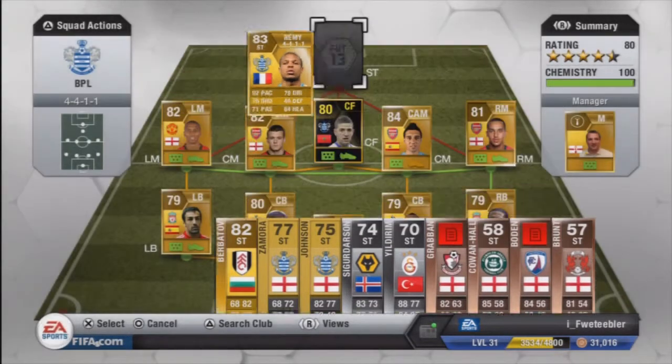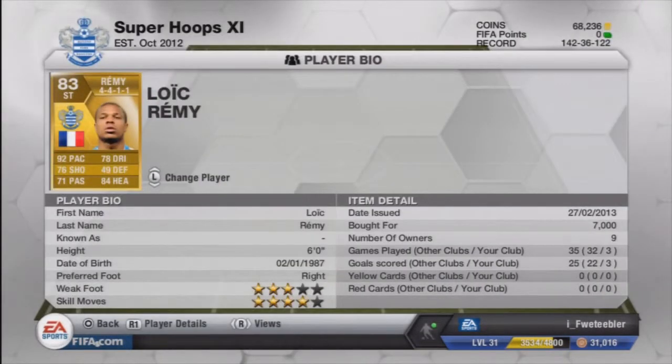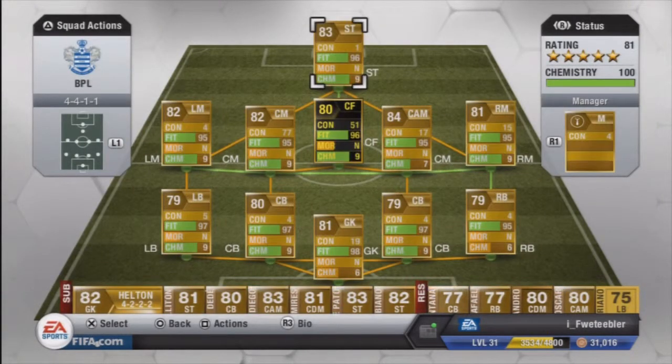And the striker is a pacey striker in Remy, who has got amazing heading, good dribbling, decent shooting, and is very pacey. I paid 7 grand for him. He's also got 4-star skill moves, which I didn't realise. All of them,